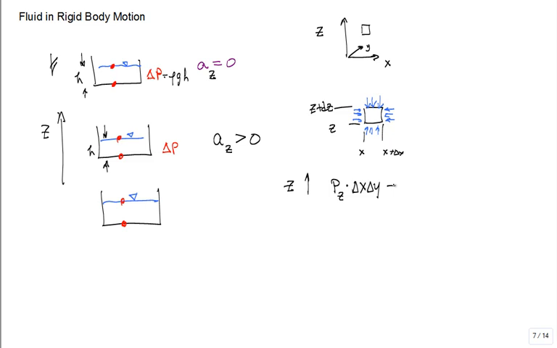And then the pressure at the top is pushing down, at z plus delta z, and it's pushing on an area delta x, delta y. Those are my two surface forces acting in the z direction on this little chunk. Got it? But when I'm doing dynamics problems, I don't only look for surface forces, I